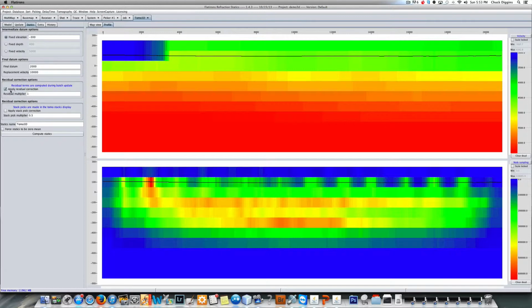And keep that, apply residual correction, okay. Force statics to be 0 mean. I like to do that just so I can compare it to my other statics or no statics at all. You can rename your statics here. I'm going to just call it that. I'm going to do a replacement velocity that is comparable, close to the velocity in this orange zone here, which is about 6,000. So let's say 6,000. And let's put a datum of about 100. But because I'm going to do 0 mean, the datum elevation itself is going to be compromised a bit until